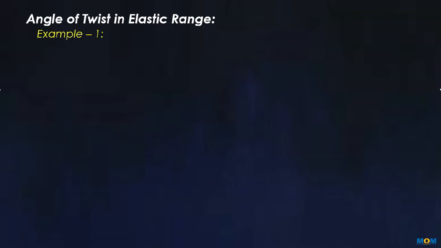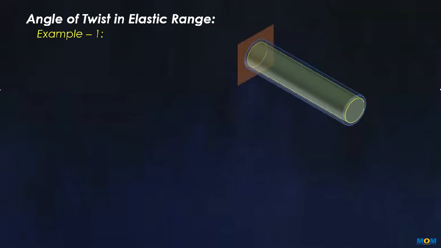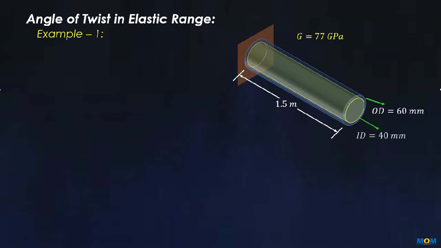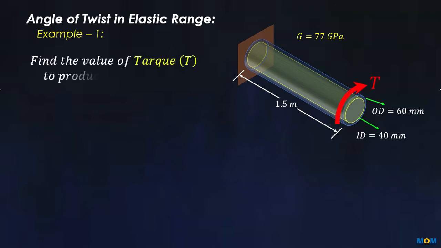In this video, we will solve a few example problems related to the angle of twist under elastic range. Let us consider a hollow circular shaft of length 1.5 meter. One end of the shaft is fixed. The shaft is made up of material having modulus of rigidity 77 gigapascal. Outer diameter of the shaft is 60 millimeter and inner diameter of the shaft is 40 millimeter. Now we have to find the value of torque to produce a twist of 2 degrees at the free end